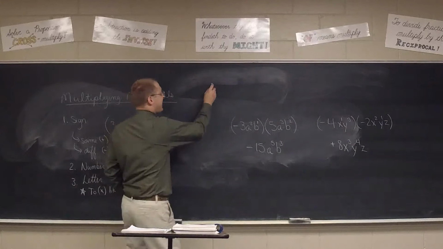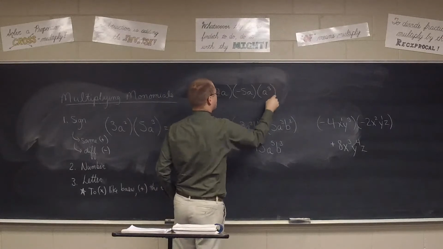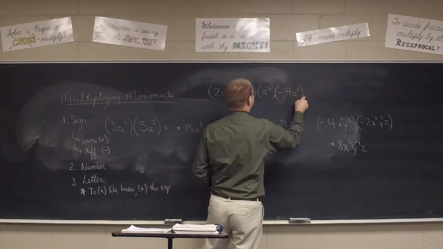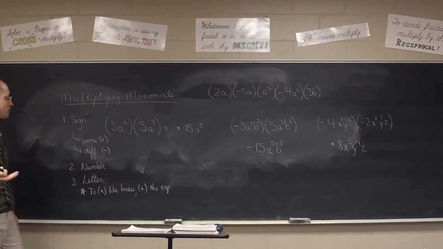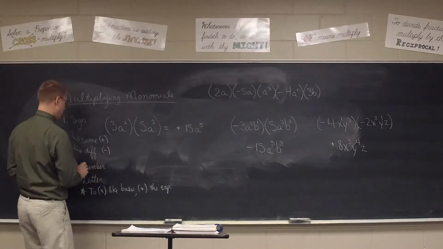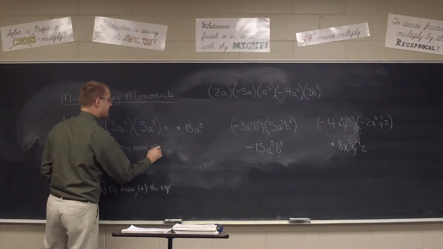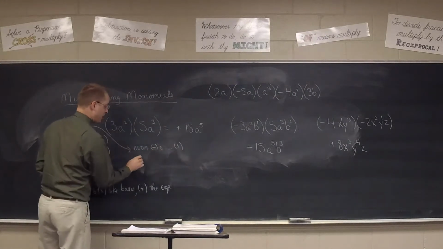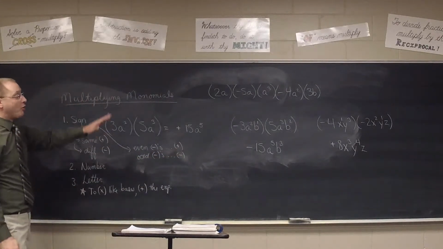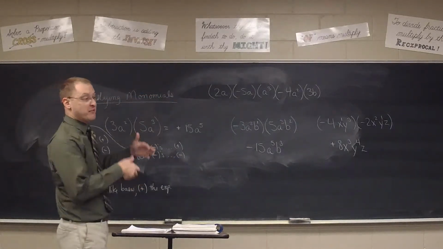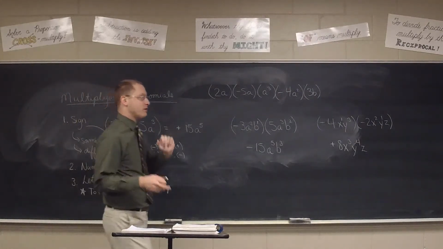One quick word. What if I had something like a 2a times a negative 5a times an a cubed times a negative 4a squared times a 3b? Well, when you have multiple factors, remember, there's another rule you could use. If you have an even number of negatives, you get a positive. And the odd number of negatives gives you a negative. How many negatives do we see in this multiplication problem that involves multiple factors? You have 2 negatives. Is that even or odd? It is even, so my answer will be